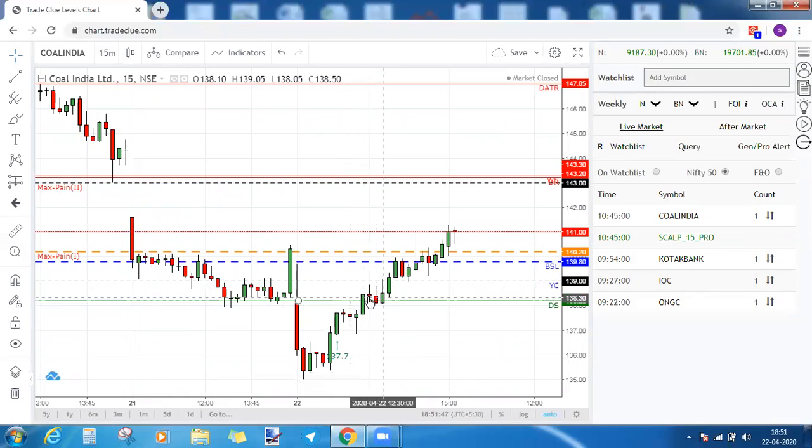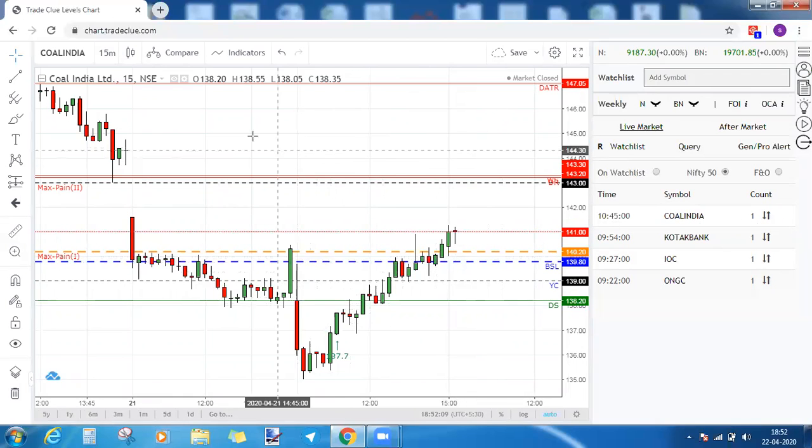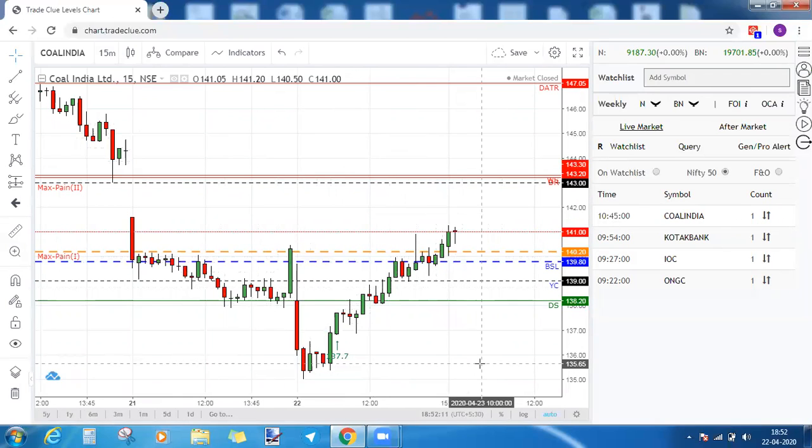Even here the day support, which was earlier broken, got converted into a resistance. So retest of that was clearly visible here, but you got an early entry opportunity. That's the major thing that you need to observe here. And you can also witness the rise in Coal India. So these were the four alerts that were given by the platform, and all of the four alerts today performed very well. And the best part of it is you have got an early entry opportunity with a minimum